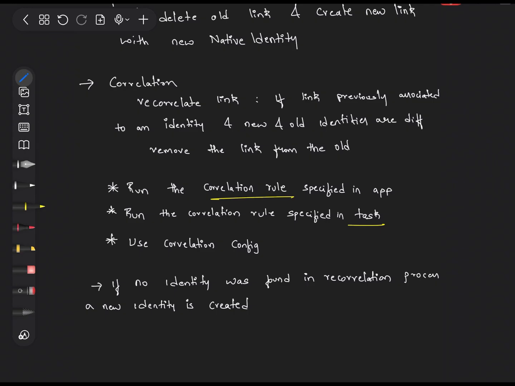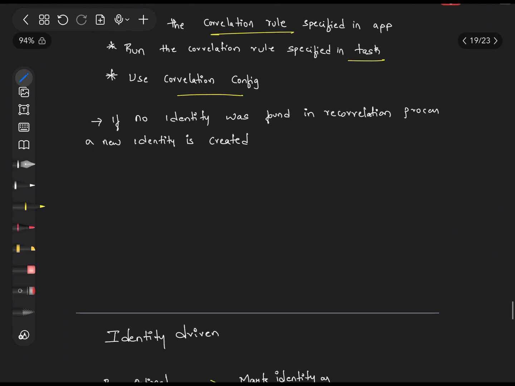Then if you have not specified it in both, it will check whether you have configured it in the UI through correlation config. You can specify correlate based on employee number from the target application and employee number from IAQ. So you need to have two attributes for linking. Specifically, what happens here is, let's say from the target, for example AD,